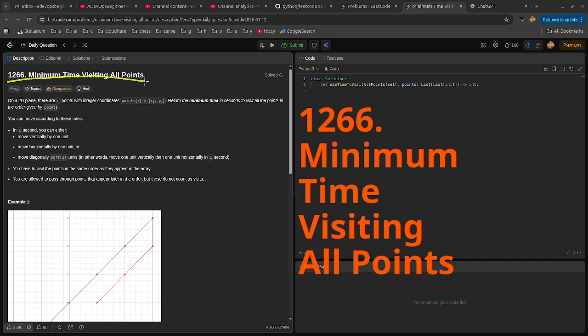Leetcode daily challenge. Question 1266. Minimum time visiting all points. This is an easy problem. The question is about to calculate how long does it take for us to visit all the points, and we're